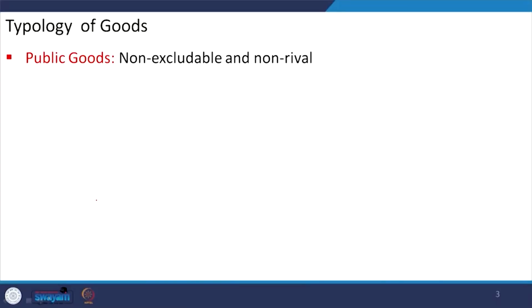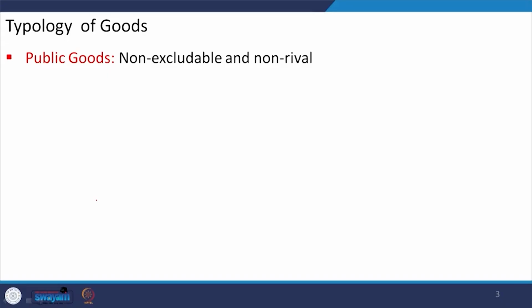So, having kept these contents in a nutshell, now let us have a look at the typology of the goods, which will be helpful in explaining how the nature of the goods itself is giving rise to the problems of collective action. If you see the economic literature, generally these goods are divided into four categories, and these goods are categorized based on two attributes. The first one is non-excludability, and the second one is non-rivalness.